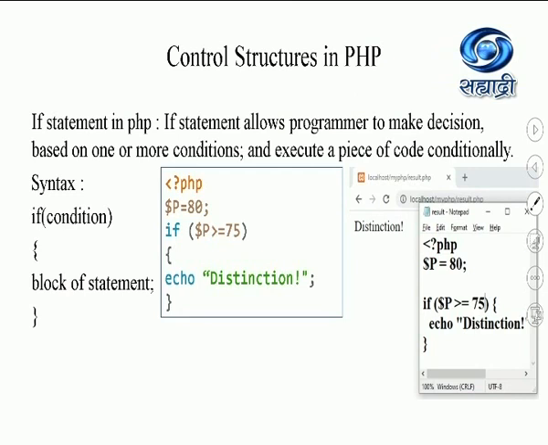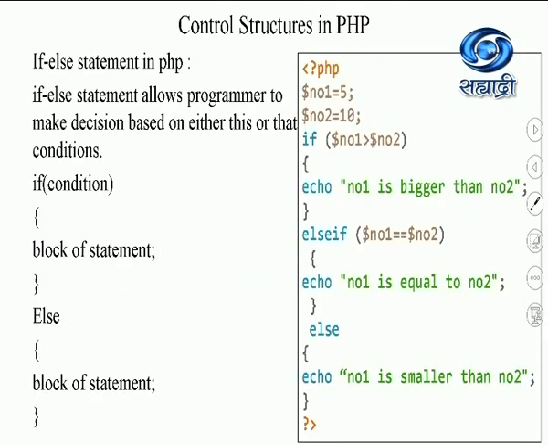Let us see what the syntax of if else is. So this is the if else syntax. In case of if else, it executes this block of statements if the condition is true. If the condition is false, it is going to execute this block. Students, observe over here, I wrote this E in capital. That means it is not case sensitive. Even if you write this in small case or all in caps, it is still going to work.